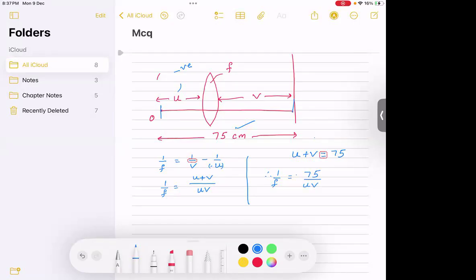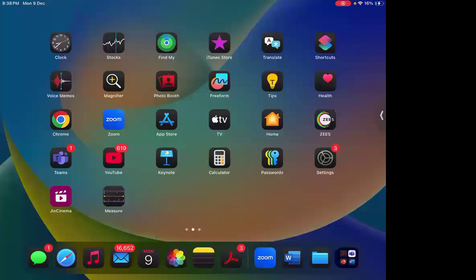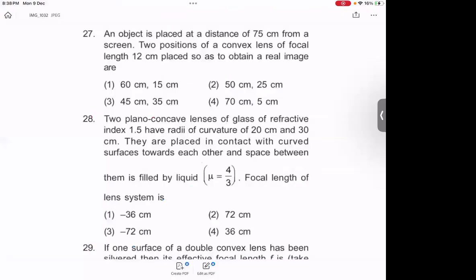Now, by trial and error, focal length is given, isn't it, in the options? In the options, they have given 60 and 15, 50 and 25,